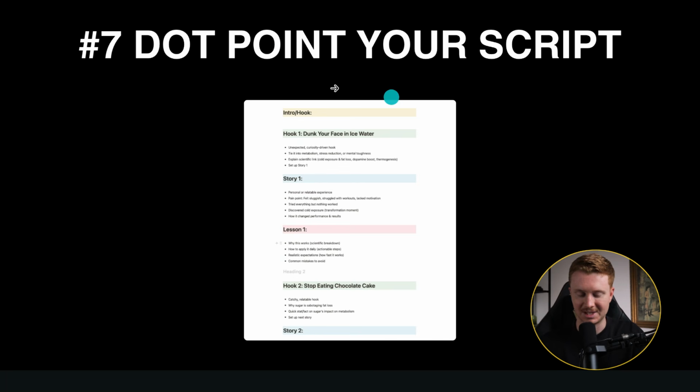So this should look something like this right here. And you want to plan out where you're going to put things like open loops, personal stories, facts, before you even think about writing a drop of ink. Trust me, this is a super important part of the script writing process. You definitely don't want to skip this part, especially if you want to turn something like this into an AI written script,